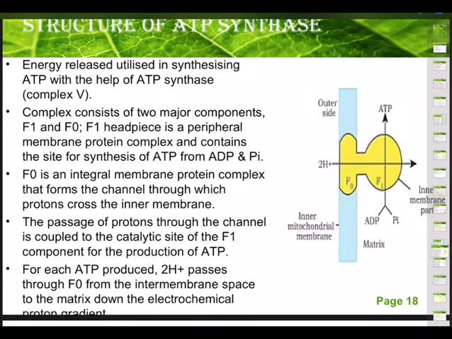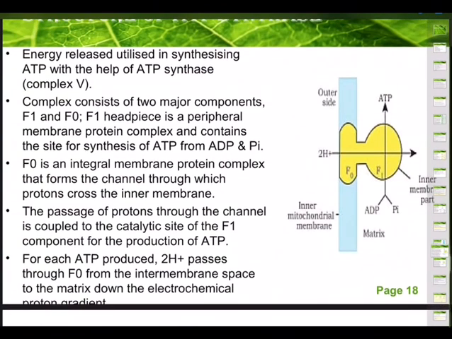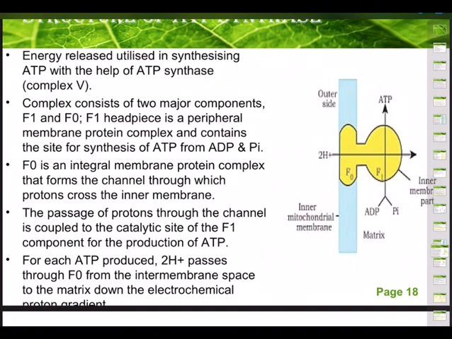The flow of protons through the F0 channel induces the F1 particle to function as ATP synthase. The energy of the proton gradient is used in attaching a phosphate radical to ADP by a high energy bond. This produces ATP. The transfer of energy from electron flow to the electrochemical proton gradient and then to phosphate bonds of ATP is called oxidative phosphorylation.